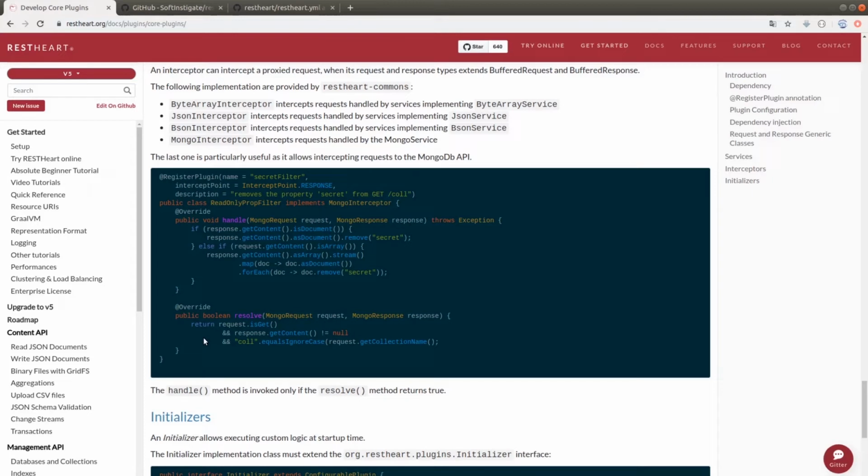Notice that here we can also find another method, which is resolve. This one is somehow connected to handle because inside resolve we have a sort of Boolean condition which allows to call upon the handle method when resolve returns a true value. This means that we can insert conditions inside resolve. These conditions must be evaluated, and only when all of them have been verified and the result we get is a true value, then handle is launched and the logic contained inside it is executed. For example, in this case we can see that the resolve checks that the request is of a GET type, that the content is different from null, and that the collection name is equal to call.